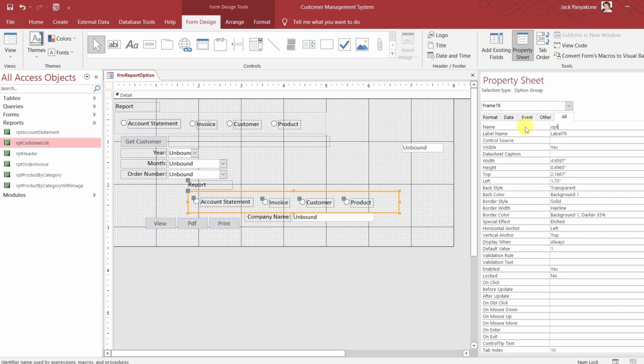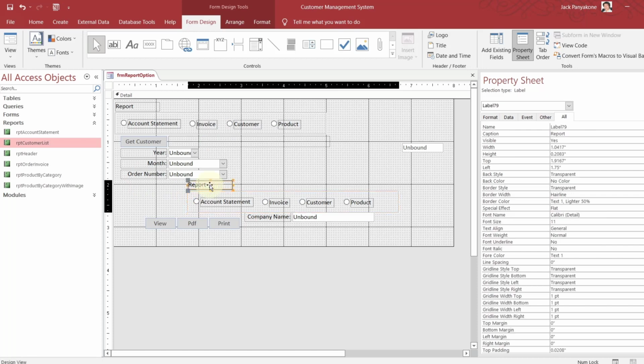Option. Customer option. You see that? You see how I did it? So we got a report called report type. When someone clicks on the customer, we call it, hey, show me the customer option. All right. So now we can say